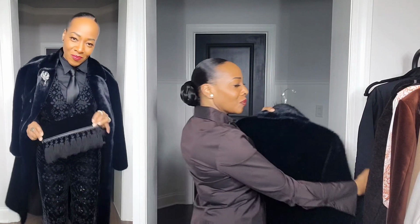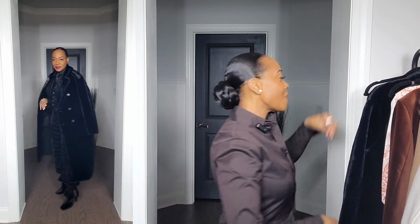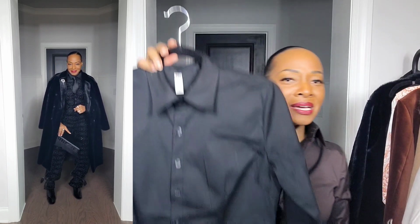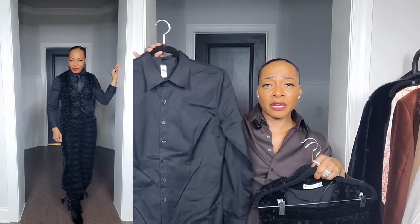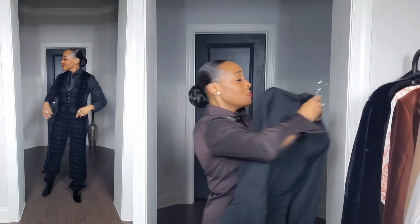What did we style with this? I went straight suit again. You know I had to give you a really hardcore suit look in this offering, right? We, of course, had a basic button down. Again, from my last video, I find the best button downs inexpensively. These are about 20 bucks on Amazon, and they come in a multitude of colors. If you're interested or need one, I will link them for you. And we paired